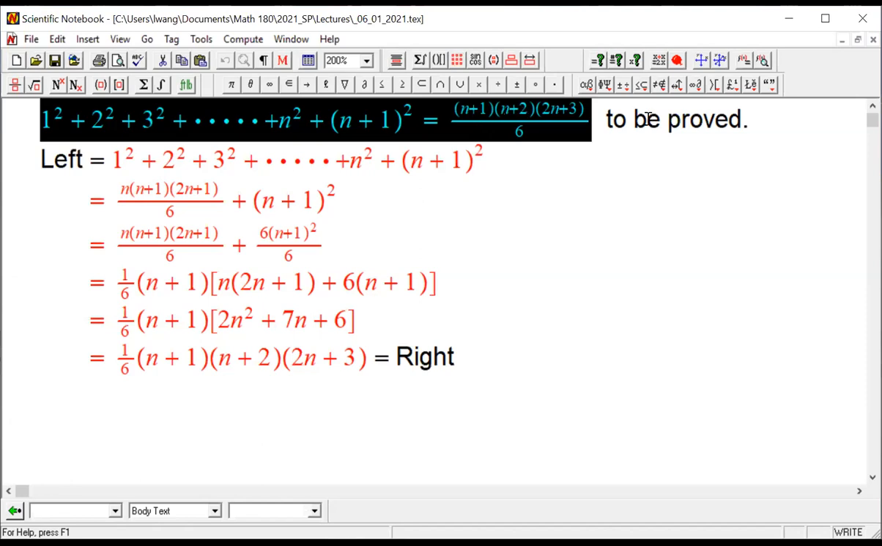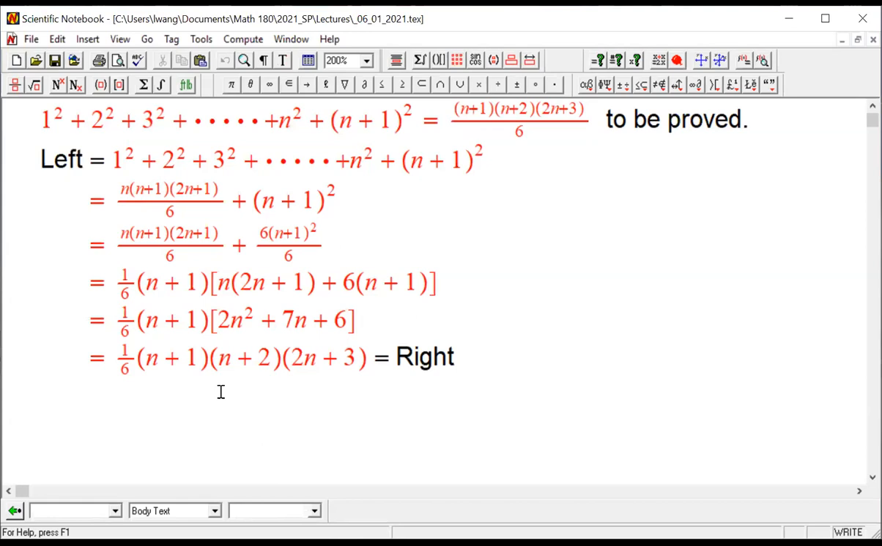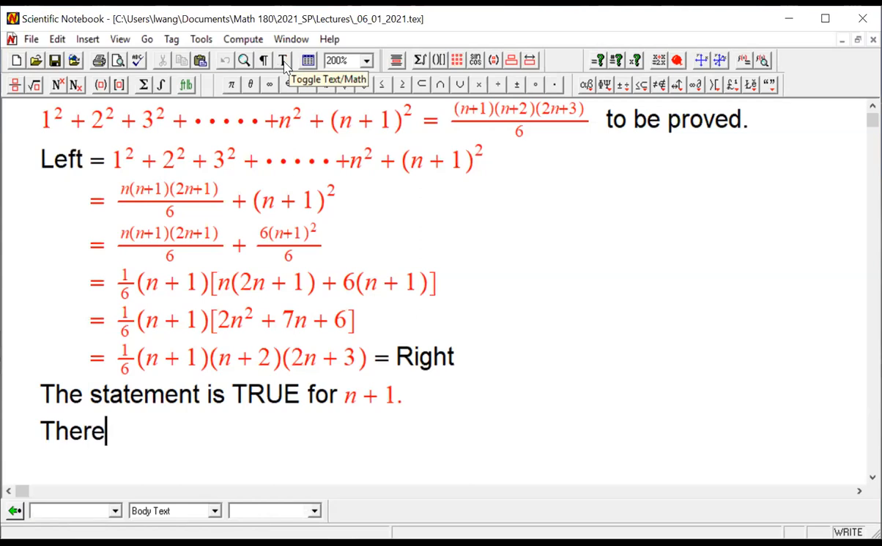You see, for the to be proved, you start from one side, you work your way up to the other side. Okay, then you just draw a conclusion. The statement is true for n plus 1. And then we draw the conclusion. Therefore,